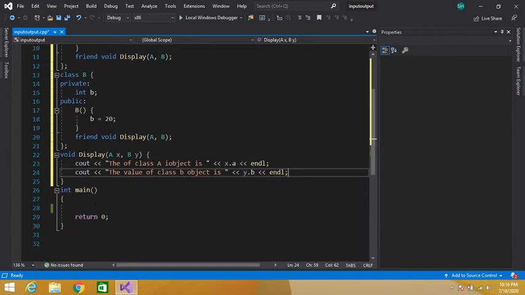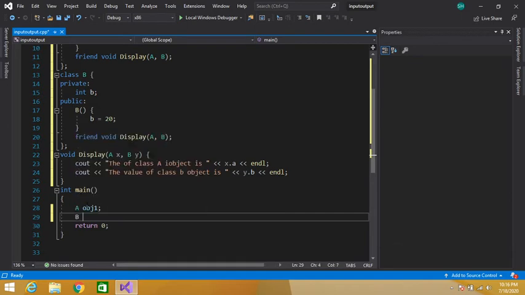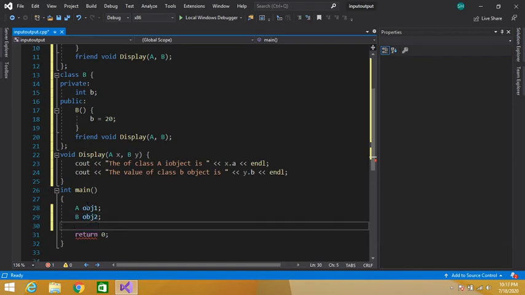Okay guys, let's create objects of our classes in our main function. A obj1 and B obj2. So we have created object 1 for class A and object 2 for class B. Now we will call our display function. How to call it?